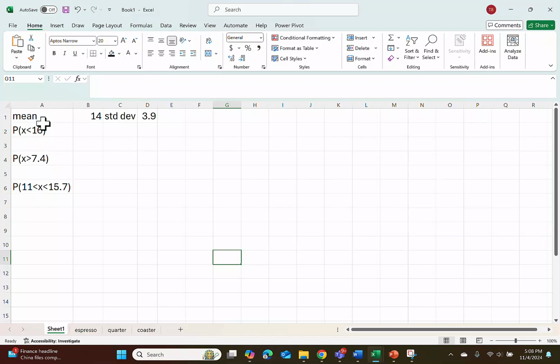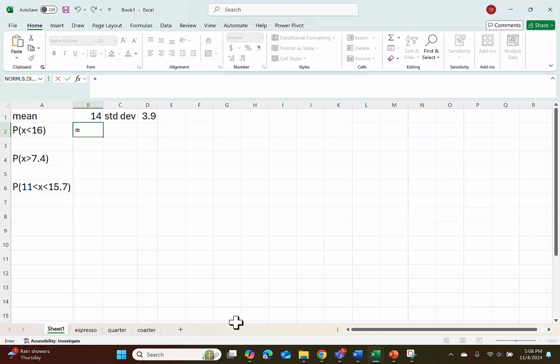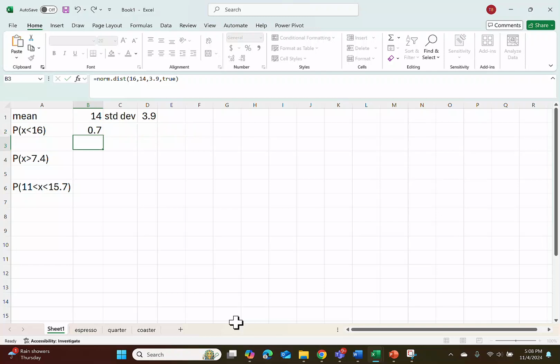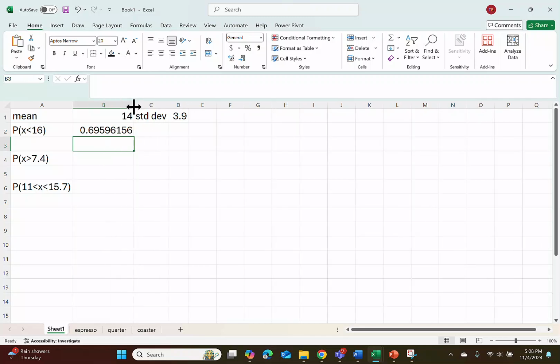For our first example, we'll use a mean of 14, a standard deviation of 3.9, and start by finding the probability that x is less than 16. In my cell, I type equals norm.dist, parentheses. I enter 16 with a comma, 14 for the mean, 3.9 for the standard deviation, and true to say cumulative probability distribution. Right now it says it's a value of 0.7, but I'm going to extend my cell so that I can see more values. Now I have 0.69596,